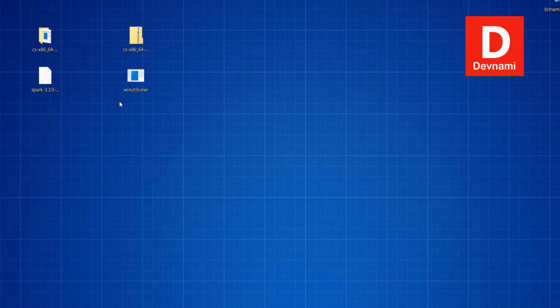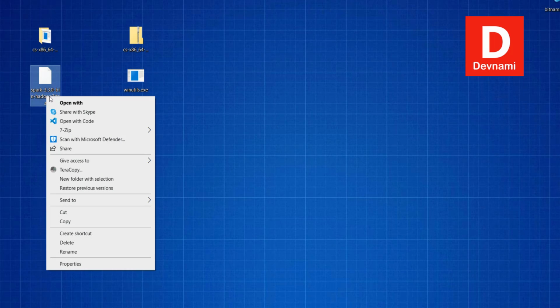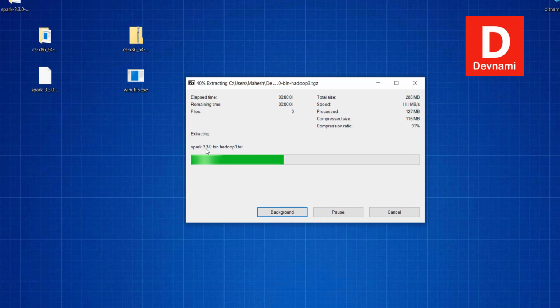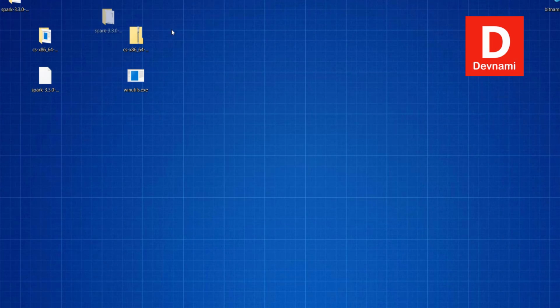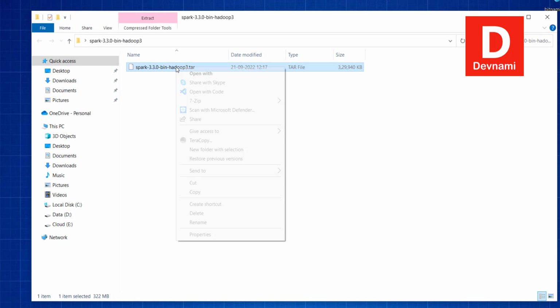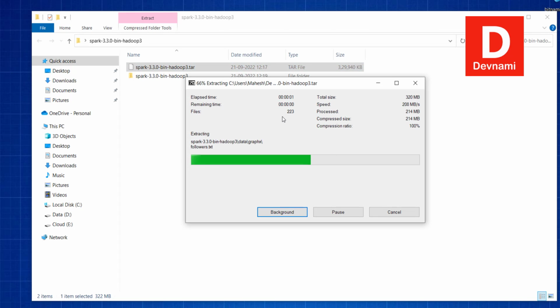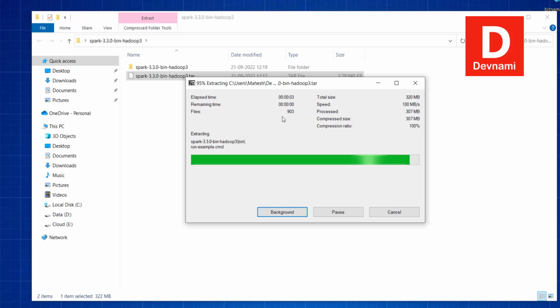Okay, now that we have Scala installed, we can also go for Spark file extraction. Go to extract to this particular folder. As you can see, we get the folder here. Then we have to extract here, right? It should create another directory,